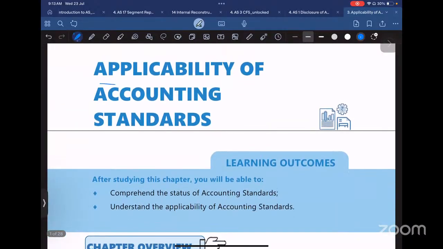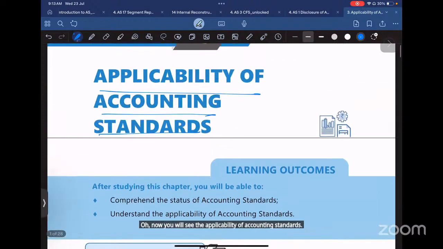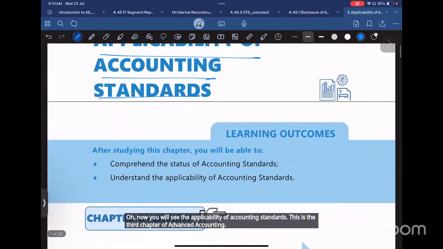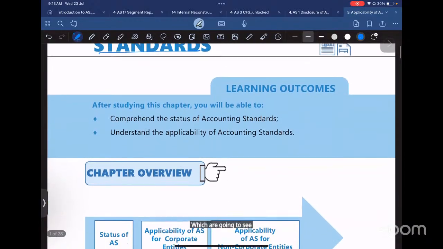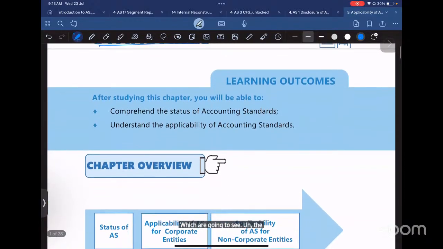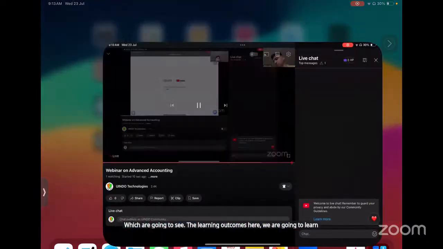So now we will see the applicability of accounting standards. This is the third chapter of Advanced Accounting. Here we are going to learn the learning outcomes. After studying this chapter, we will learn the applicability of